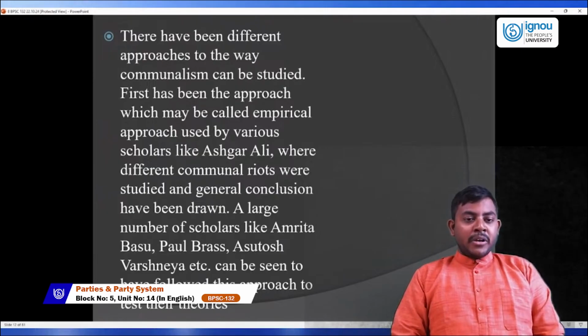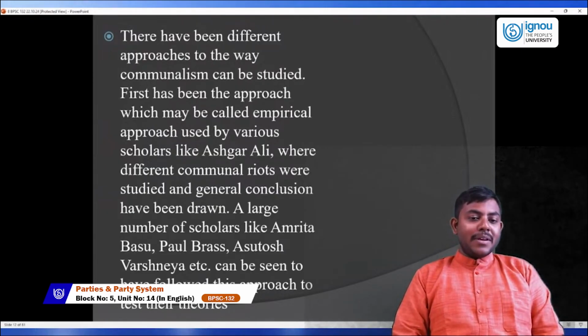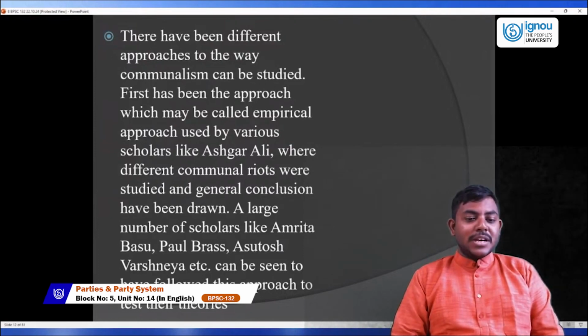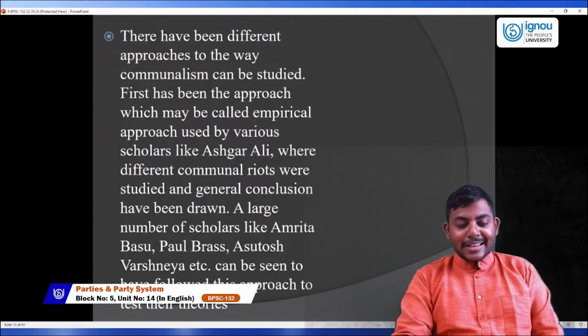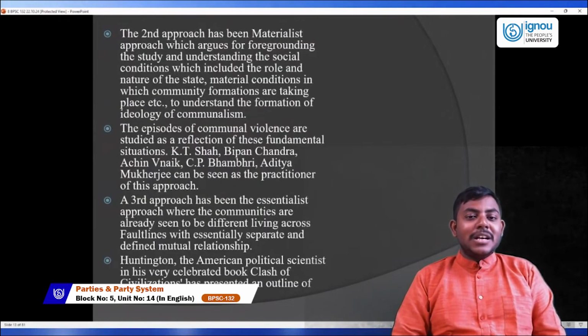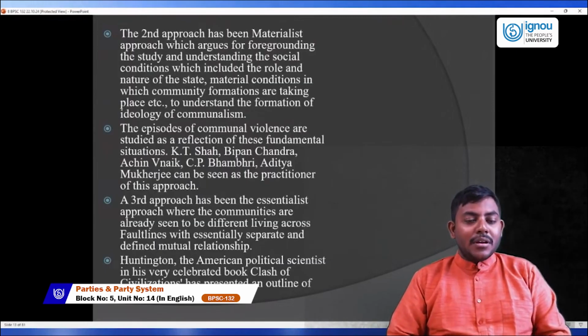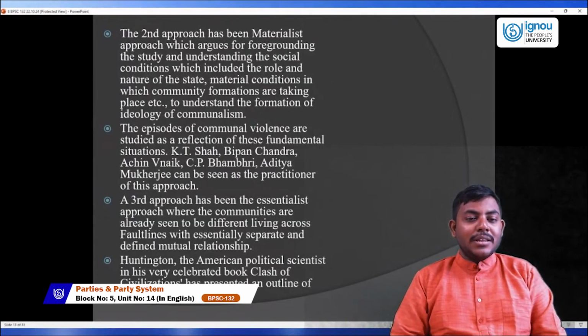So the first approach may be called the empirical approach, used by various scholars like Asghar Ali, where different communal riots were studied and general conclusions have been drawn. A large number of scholars like Amrita Basu, Paul Brass, and Ashutosh Varshney can be seen to have followed this approach to test their theories. The second approach has been the materialist approach, which argues for foregrounding the study and understanding of the